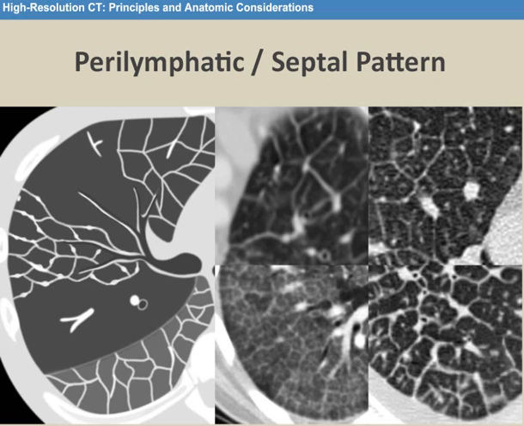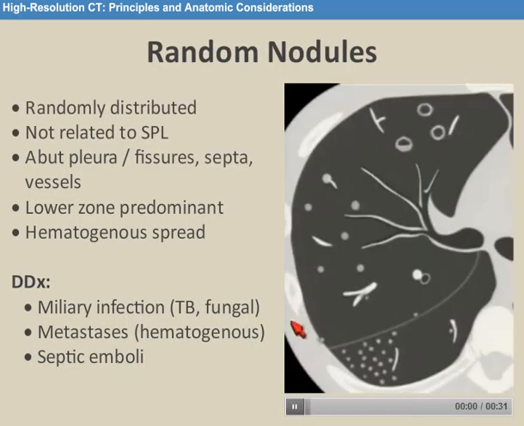We call this crazy paving. Random nodules, as the name implies, are randomly distributed. They do not really relate to the secondary pulmonary lobule. You may see some abutting the pleural surface, including the fissures. They may abut vessels. They're typically lower zone predominant, and this implies a hematogenous route of spread. And we know that miliary infection comes to the lungs through the bloodstream, as well as hematogenous metastases, and of